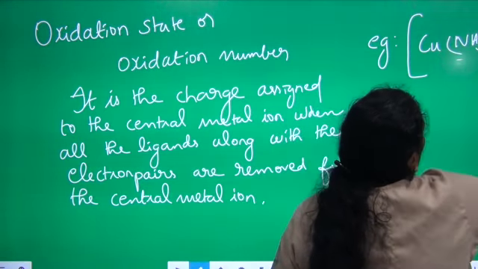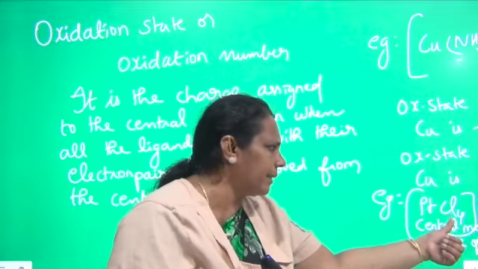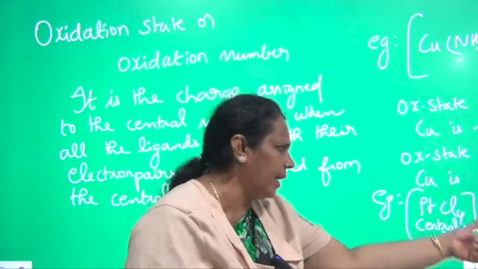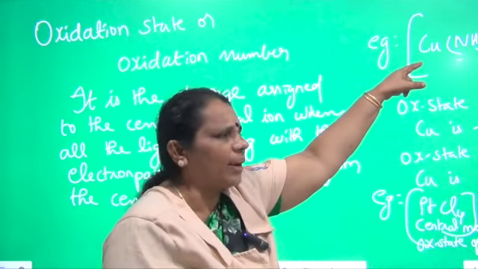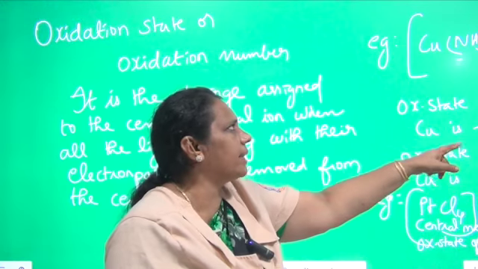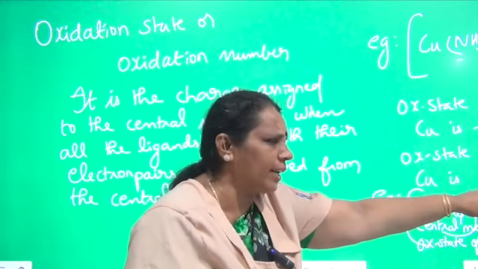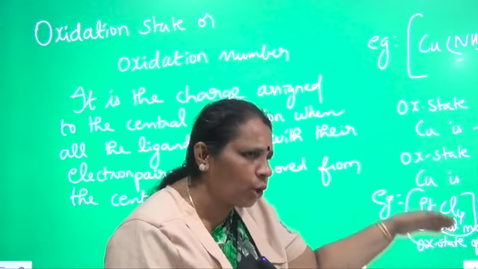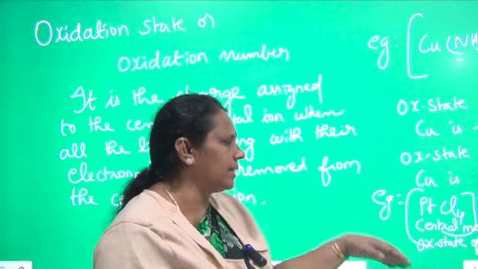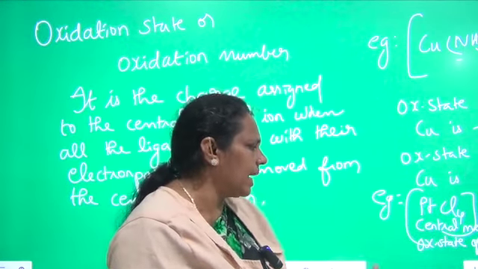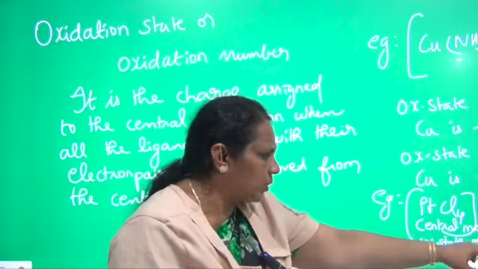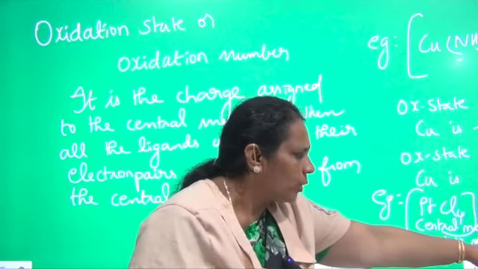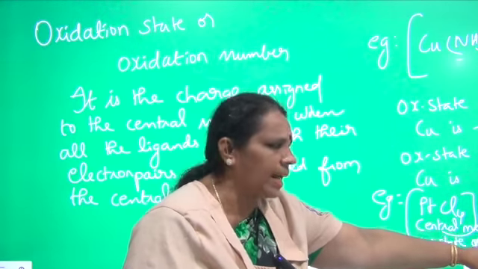One is tetraamminecopper(II) ion. The other one is tetrachloridoplatinate ion. In the first case, copper is the central metal ion where the oxidation state is +2, so it should be written as a Roman numeral in parenthesis. Similarly, in the case of tetrachloridoplatinate ion, the central metal ion is platinum, which has an oxidation state of +2 here. So it should be written as Roman numeral 2 in the parenthesis.